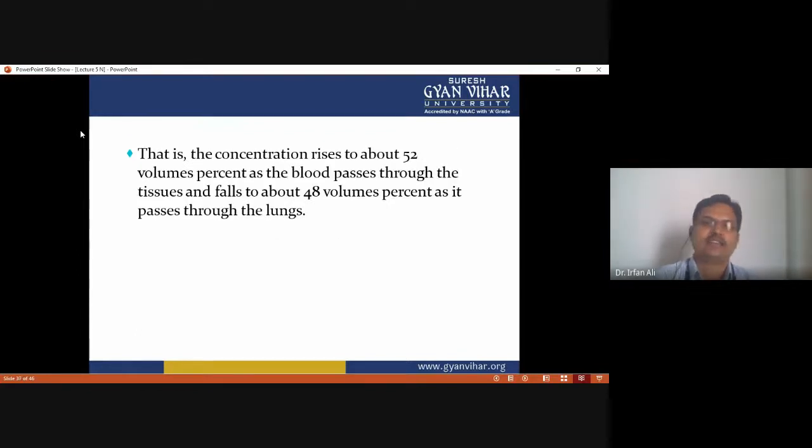The concentration rises to about 52 volume percent as the blood passes through the tissue, and falls to about 48 volume percent as it passes through the lungs. Okay, so it doesn't happen that all the carbon dioxide present in the blood can diffuse out. Okay, so a portion of the carbon dioxide diffuses out into the lungs,